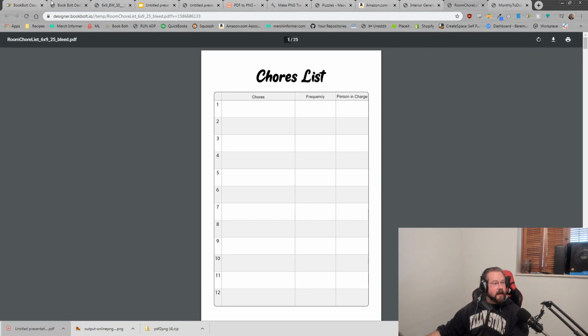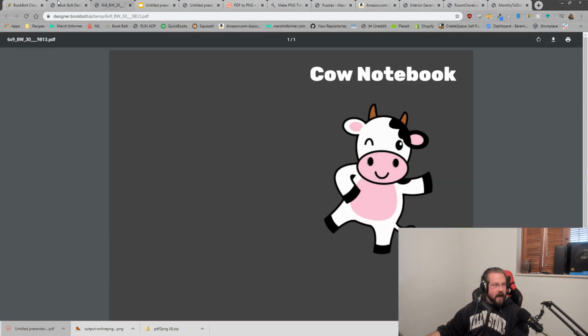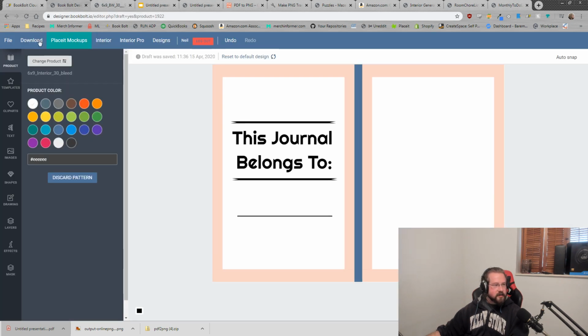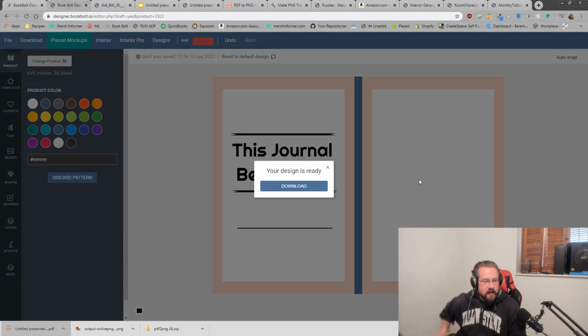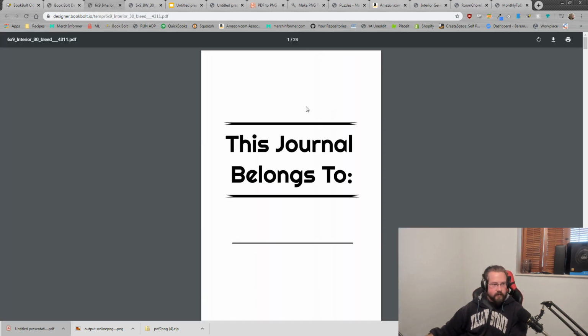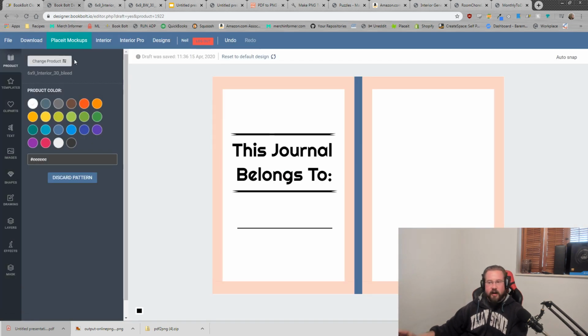Now, if you were using the designer over here, and I believe I have that open, maybe I closed it. Let's just download this again. So remember, page 1 on the left, page 2 on the right. We're going to download this. Okay, your download's ready. 24 pages. I must not have changed it to 25. 24 is actually what goes in as a placeholder. So if you were to change that to 25, which you can do by clicking Change Product,